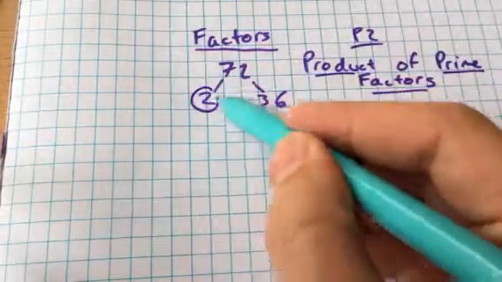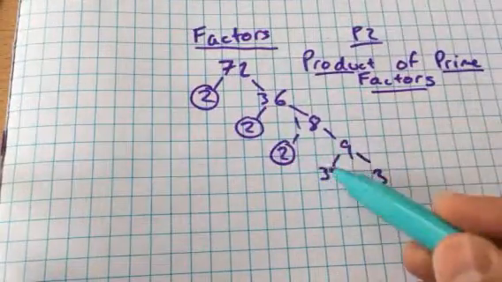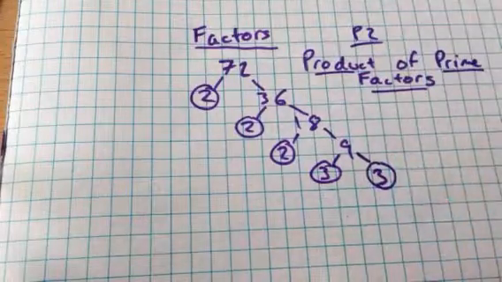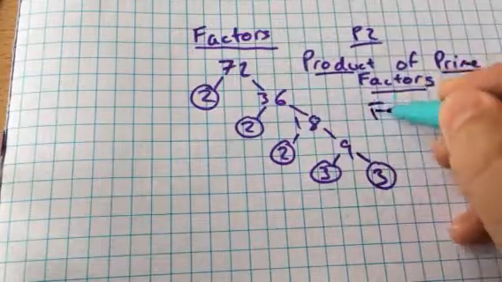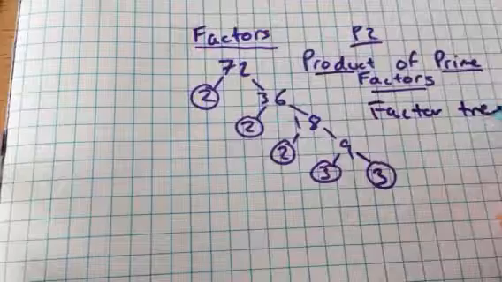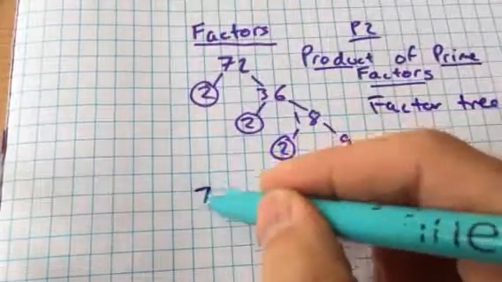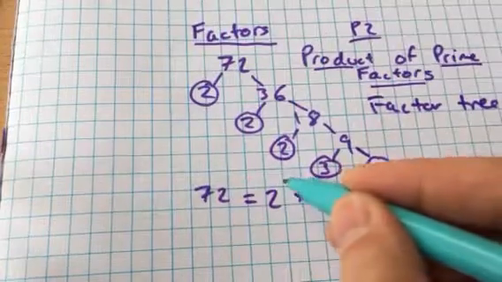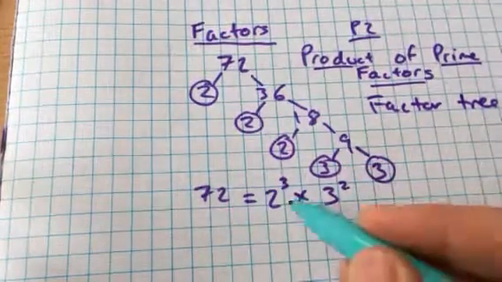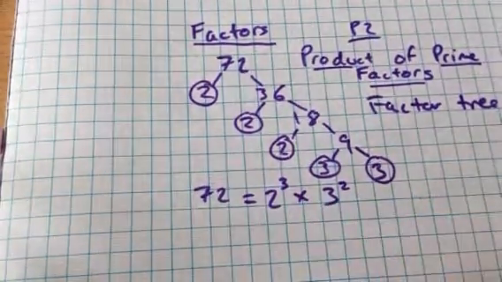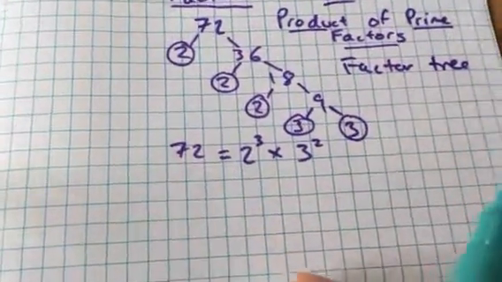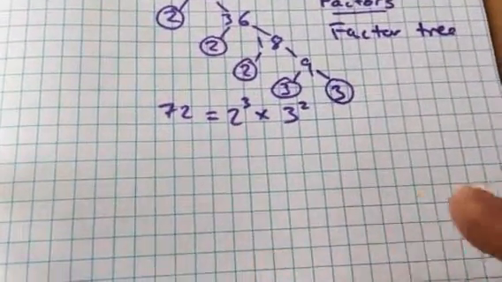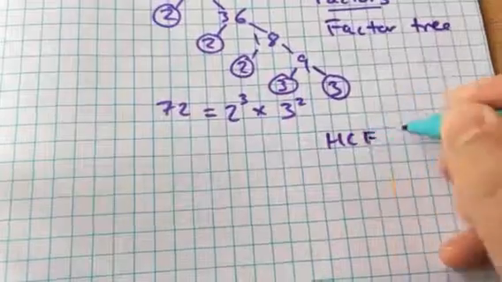And we know once we get a prime, we circle it to stop the branches. This gives us a factor tree. And so we can write 72 as a product of its prime factors because we know that 8 times 9 gives us 72. Quickly, the next thing I want to show you about factors was highest common factor and lowest